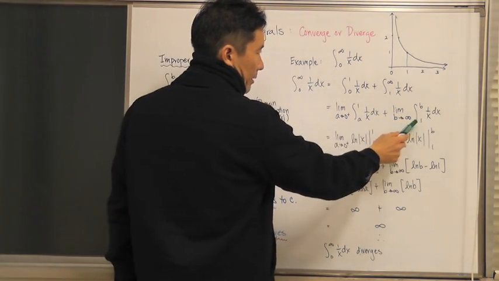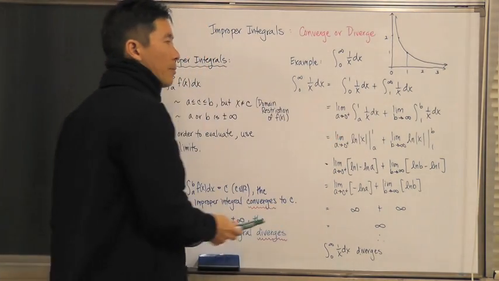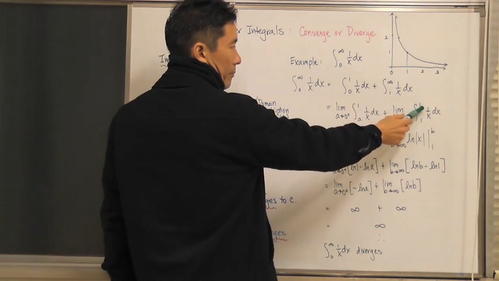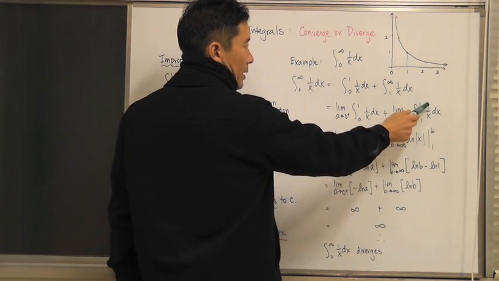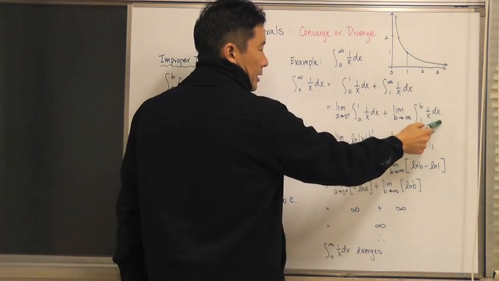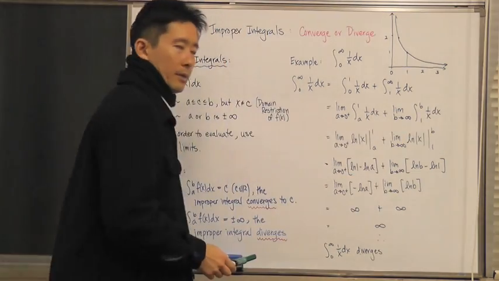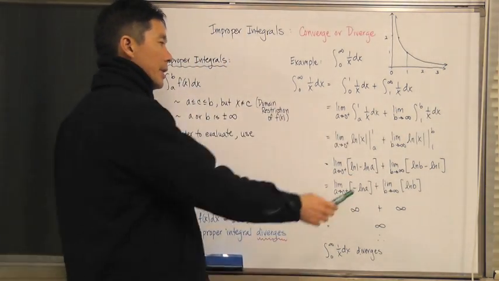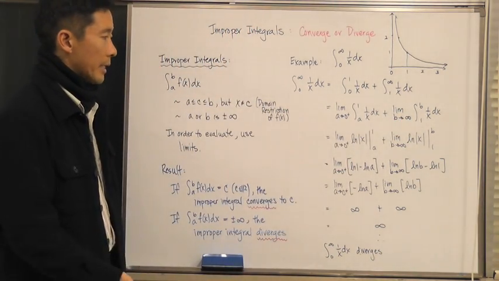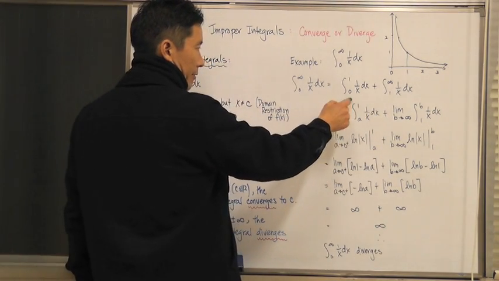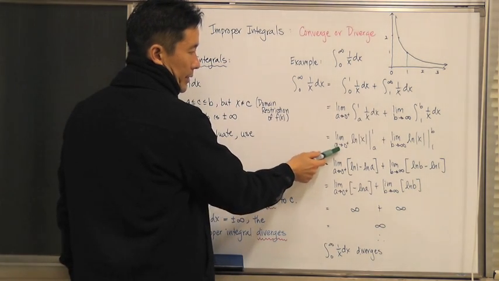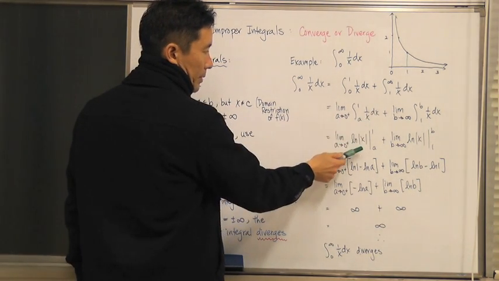Now, take a look at this one here. If I look at where the improper limit of integration is, that's the positive infinity. If I replace that with b and integrate from 1 to b of 1 over x dx, notice that this is actually a properly defined definite integral. But I need to make sure that I take the limit as b approaches infinity. So now I can just integrate this definite integral normally because it is well defined, and I just need to include the limit in front. So notice that this becomes that,